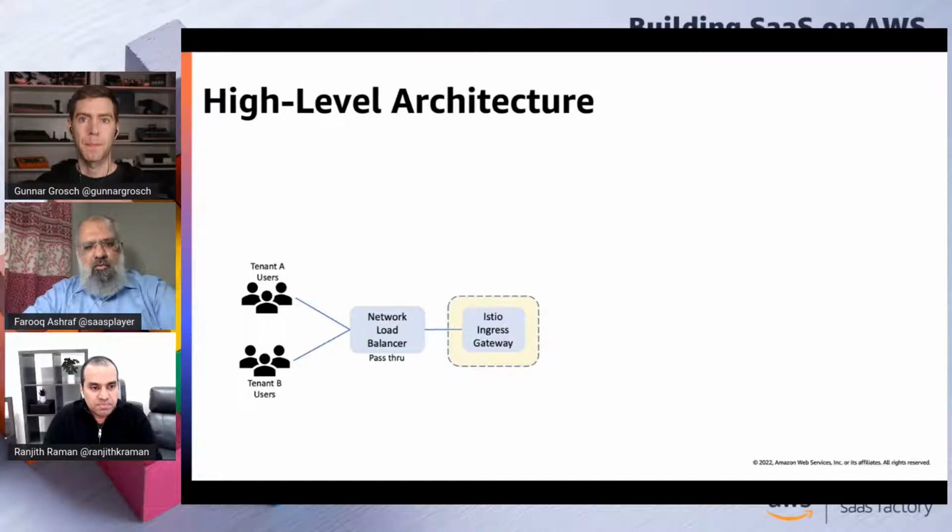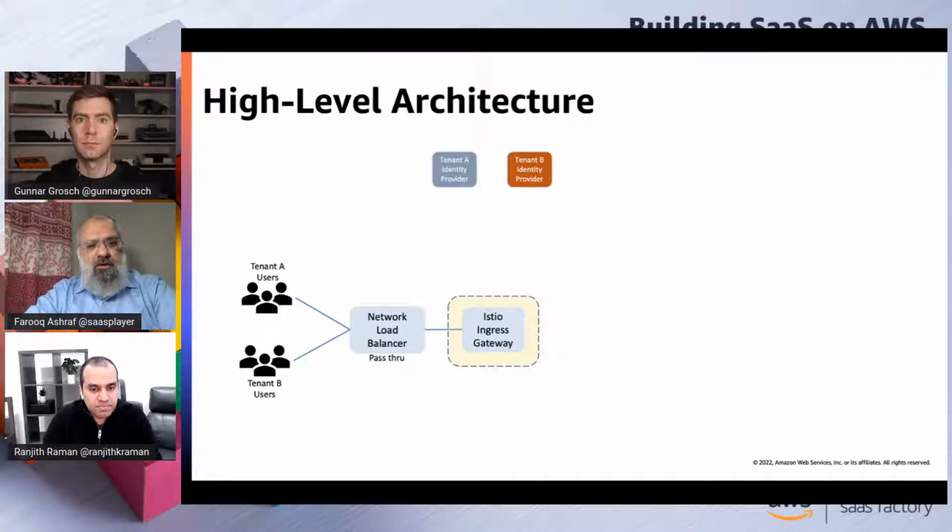And this network load balancer is associated with an Istio Ingress Gateway, which is part of the Istio Service Mesh. It's very similar to an ingress gateway of other forms like Nginx and so on. So it basically associates with the network load balancer, spins up an instance of that, and connects external users to the services behind the Ingress gateway. Now, the new idea behind this is what we are going to show you now.